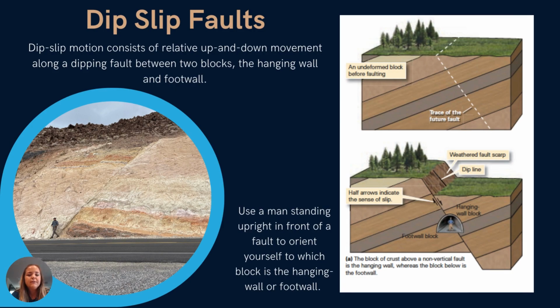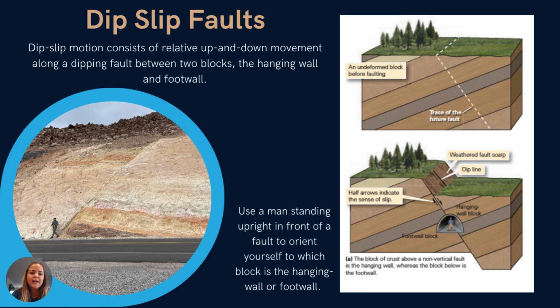Okay, so with dip slip faults, again, we have an up and down movement or a vertical displacement of rocks. And so because we have a vertical displacement of rocks, we have to be able to label which rock is on top of which. And sometimes this can be tricky, especially in the field when you're actually looking at rocks that have been displaced. And so what we do is we use a man that stands in front of